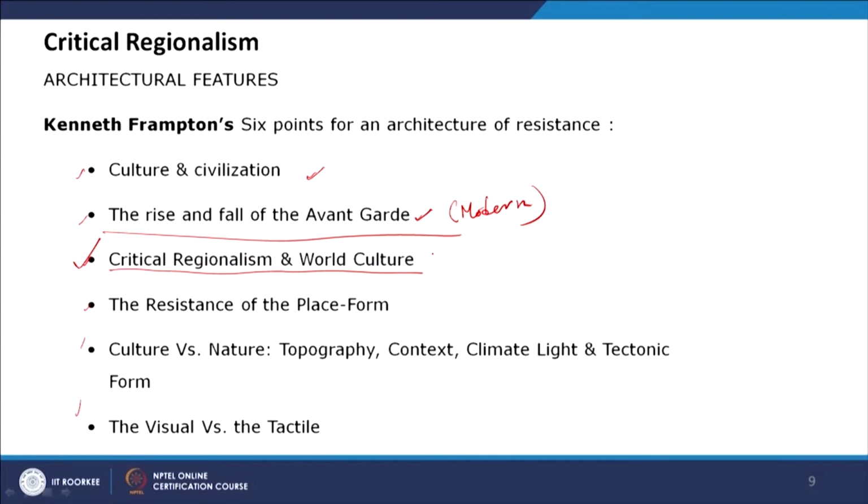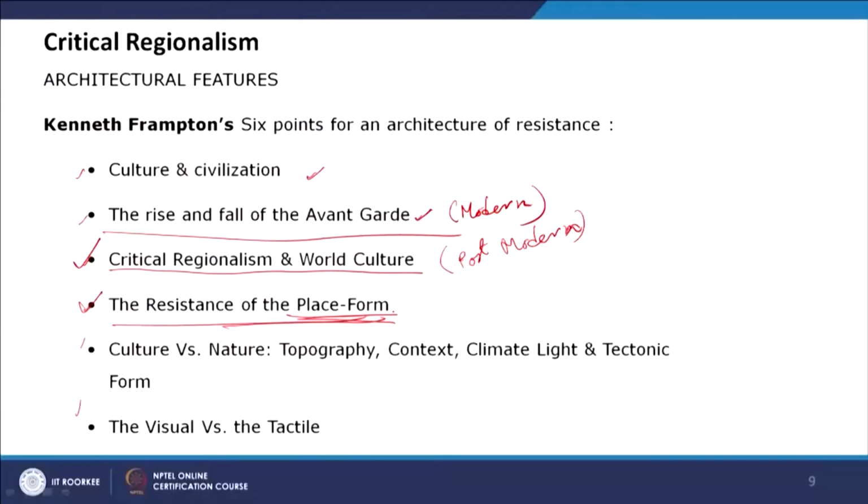flourishing in the world culture from the postmodern era. So the modern era, and the resistance of the place form. When these two things started, the built environment, in this stanza he's talking about the built spaces in the urban form, started changing, because there were modern buildings, then the postmodern buildings, and especially this place form, which is the public design, started changing, and then